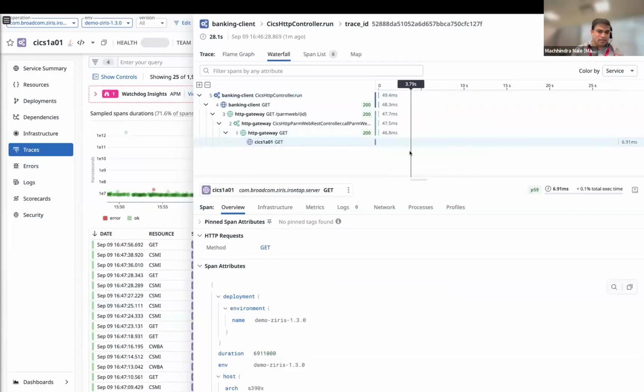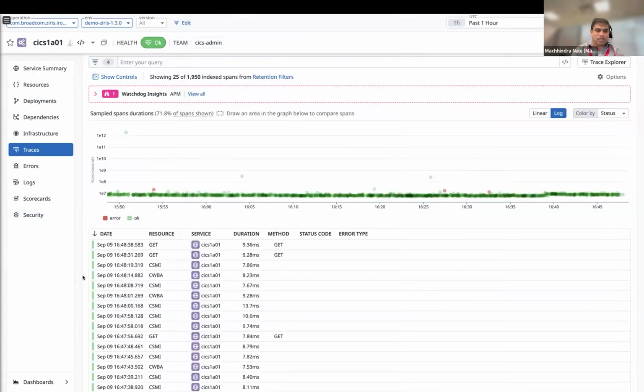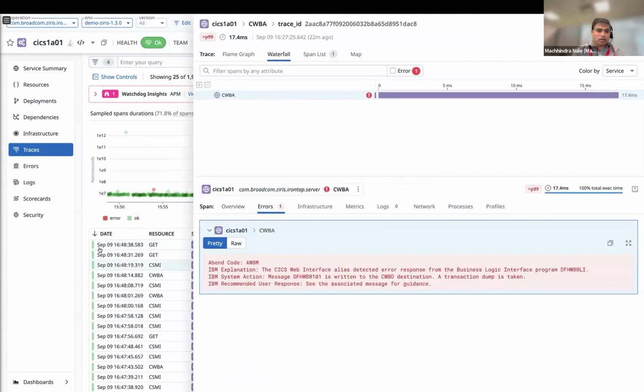Now, along with the trace, you will also encounter some situations where there are errors along the way. Imagine that if the CICS transaction has an abend, you would like to know that the CICS transaction has got the abend code, and you want to drill down further, right? So hopefully you got an idea of what the trace means and how it is being displayed. With that, I can take a look at one of the traces and go into detail a little bit.